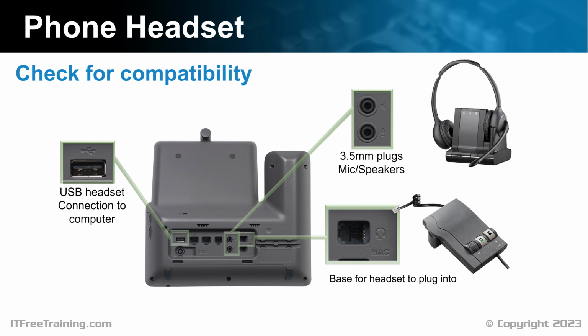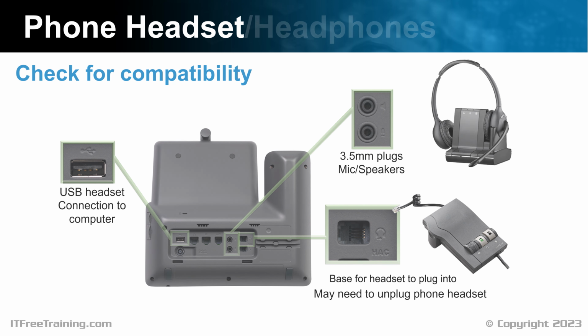In the case of this telephone, there are two RJ connectors. This means you can use both your standard telephone handset that came with the telephone and an external phone headset. If your telephone does not have two connectors, you may need to unplug your phone handset in order to use a headset. This covers the basics of telephone headsets. Let's now look at what sort of headsets you may consider purchasing.